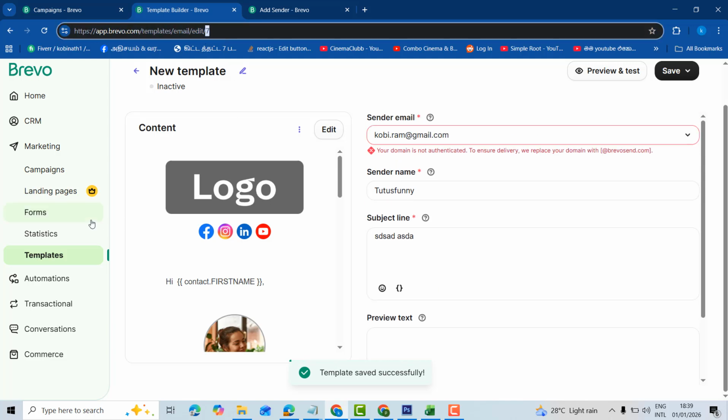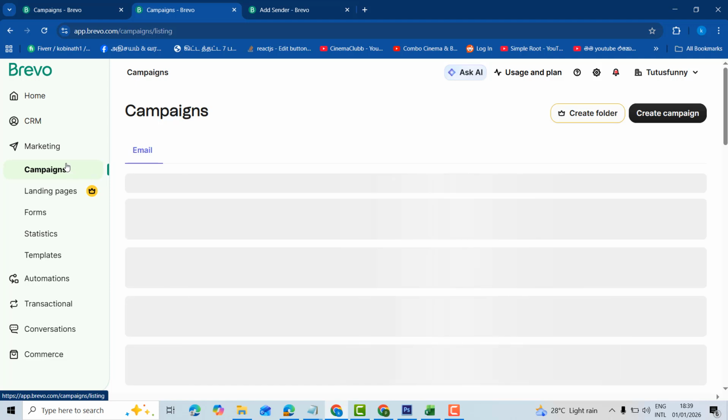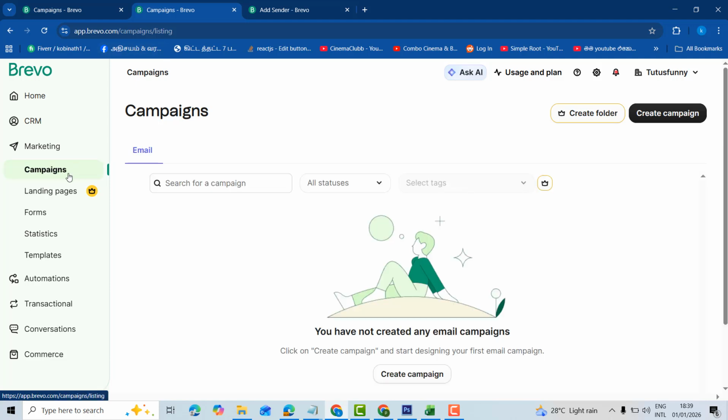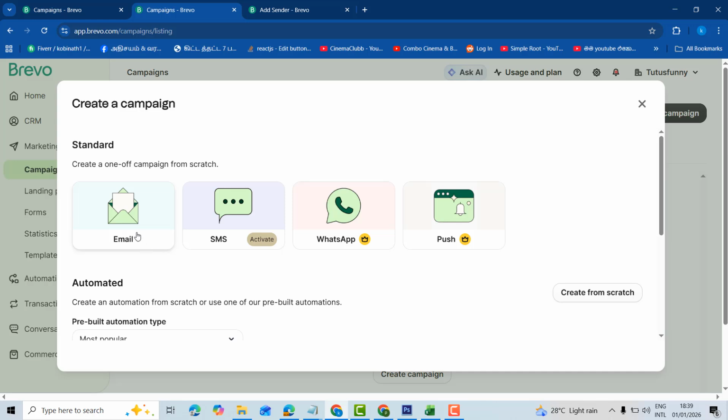This one means 7 is the template ID. So while you are creating the campaign, you have to remember the number. Okay, after you are done with the template, you can create the campaign, email,